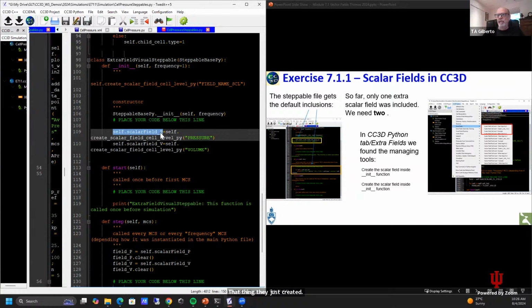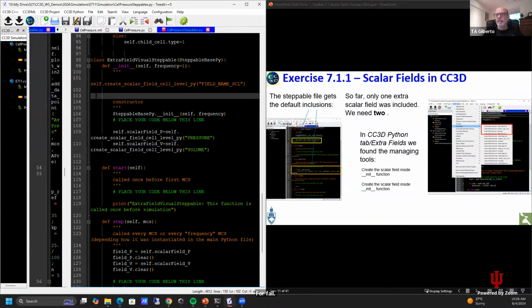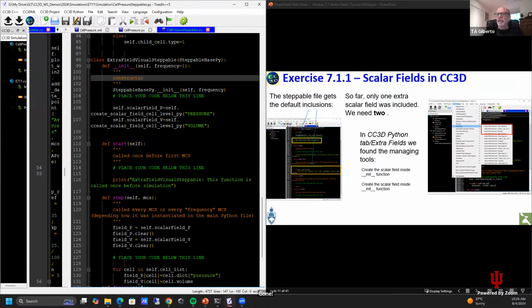P for pressure, and the second one, V for volume. Now, once I have created the fields with a variable here, self.scalar_field_P and self.scalar_field_V, I have to